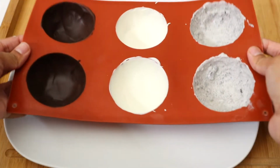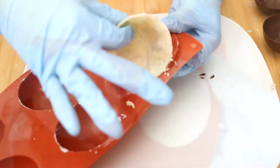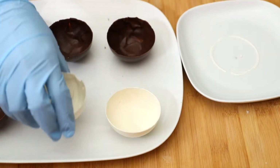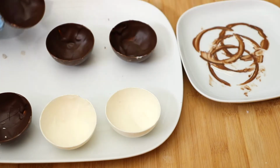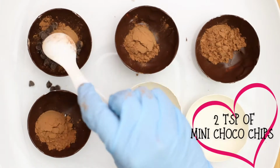Once the time has passed, carefully remove them from the mold wearing gloves so we don't leave fingerprints or stains on the chocolate. Press the bomb slightly against a plate previously warmed up in a microwave to smooth and even the borders. For the filling, we will use 1 teaspoon of cocoa in each bomb and 2 teaspoons of mini